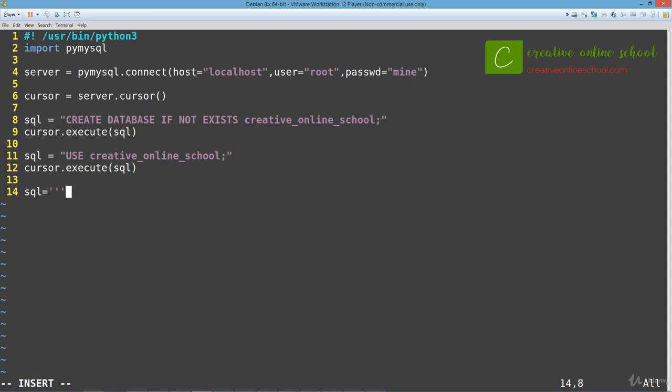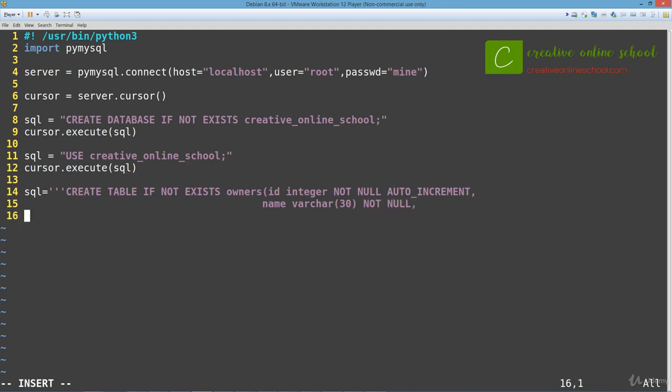So we're going to do CREATE TABLE IF NOT EXISTS owners, and then ID is going to be an integer and NOT NULL, and go ahead and auto increment it because we want each ID to be individual. And then we go to the next one and we're going to do name. It's going to be a varchar, and let's set it to 30. And we want to have this information, so make it NOT NULL. Next will be gender,